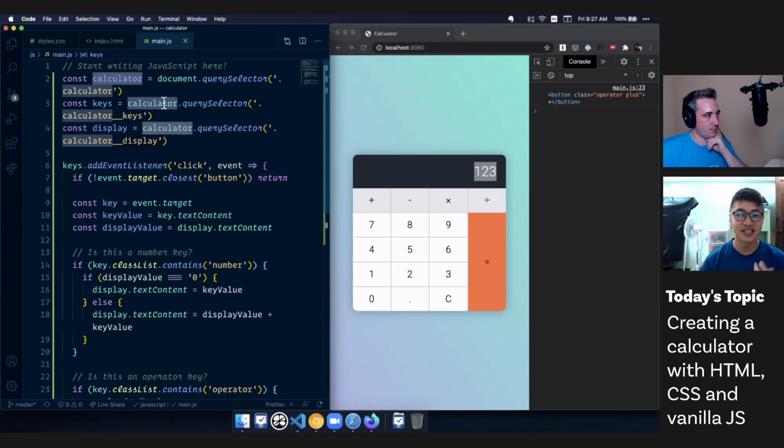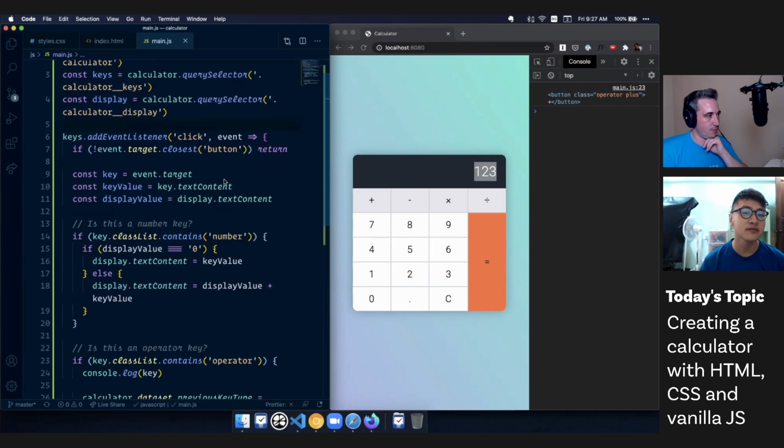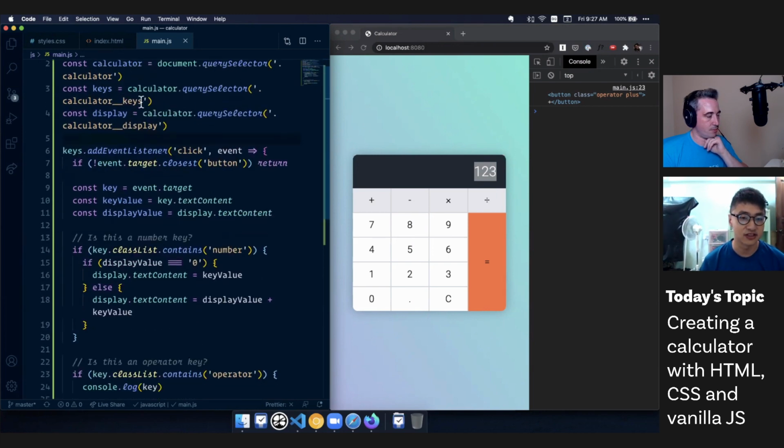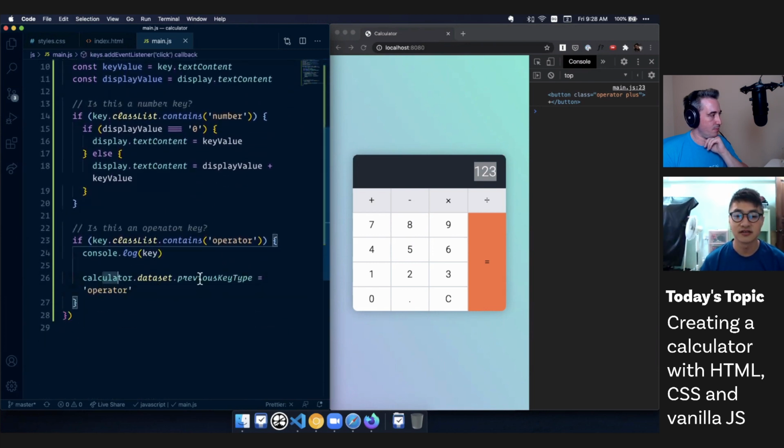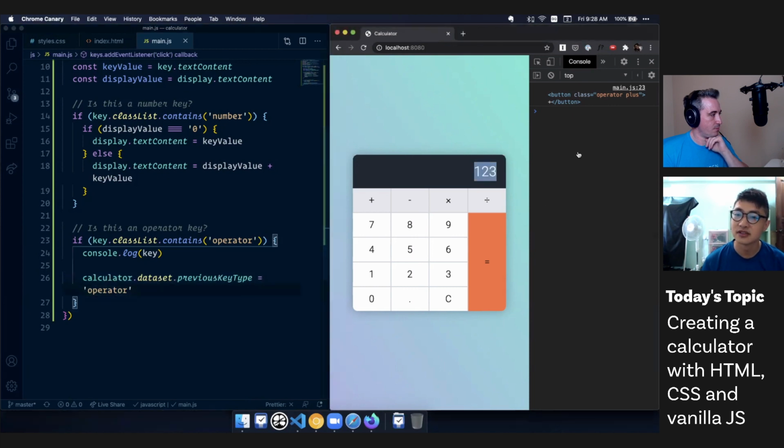The second benefit of doing something like this is that from the code, you're just going to say, okay, these two elements are children of calculator. Okay, next, move on. They're nested within calculator, so it helps you get a bit of structure when you write vanilla JavaScript. Now, let's say calculator.dataset.previousKeyType equals the operator. Now, if I go back into the HTML, refresh, and let's just check the